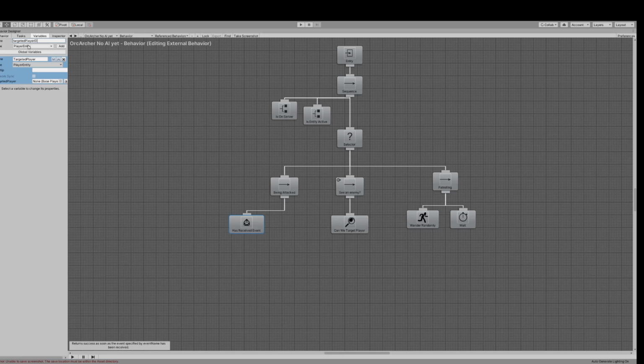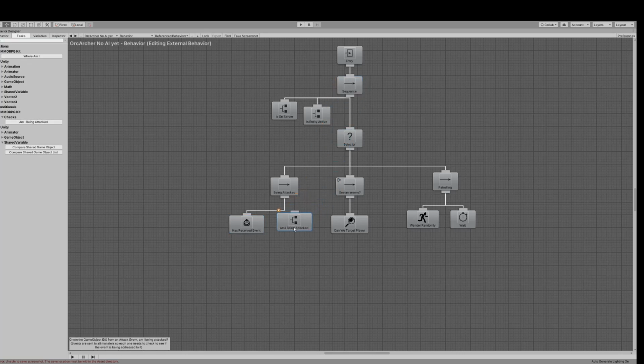Target player ID. That's actually an unsigned integer, and the reason for that is it allows us, that's the actual game object ID of the player that attacked. So documentation defines that. That is actually the targeted player ID, and the reason for that is we have a second task called Am I Being Attacked? So once the event is received, Am I Being Attacked takes the targeted player ID and then process it through